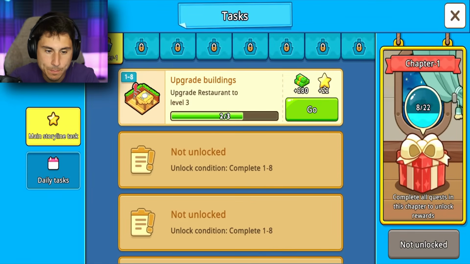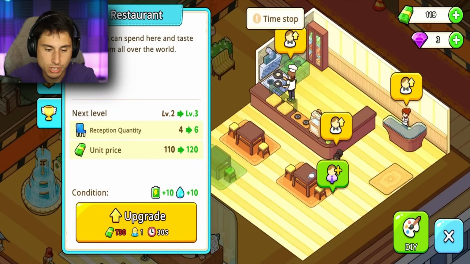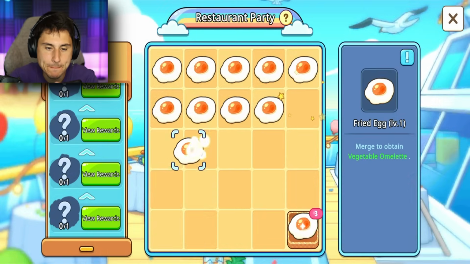And I need to upgrade my restaurant to level 3. How much is that going to cost? $730. All right, that shouldn't take that long to get there. That should be pretty easy. Wait a second. So if I merge...